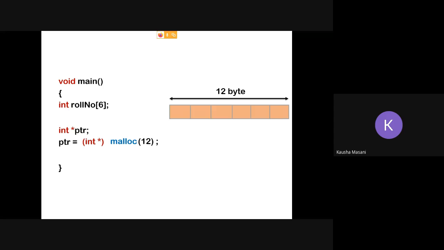If the memory block, right now each memory block is of size 2 bytes, ma'am.